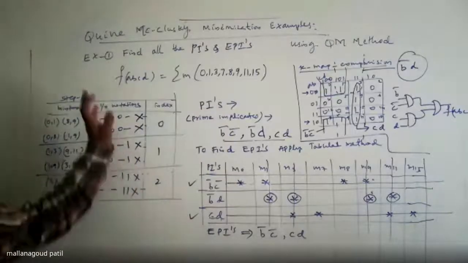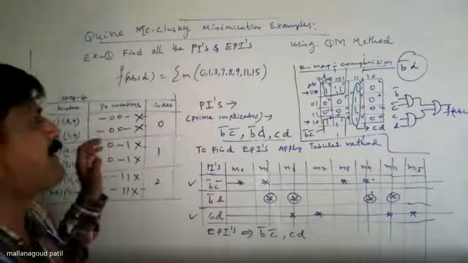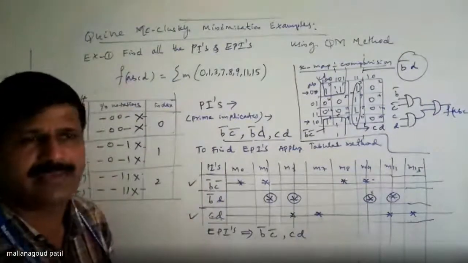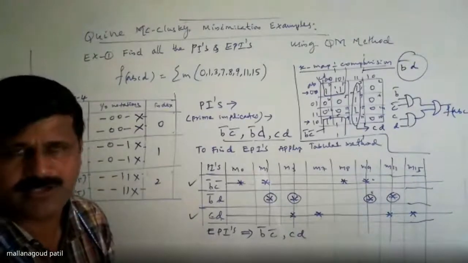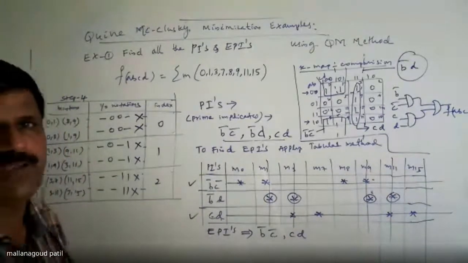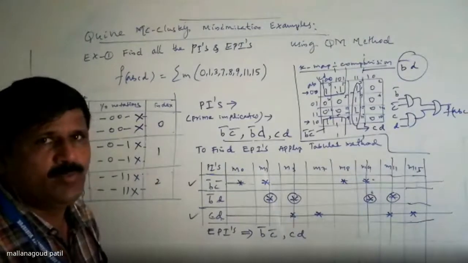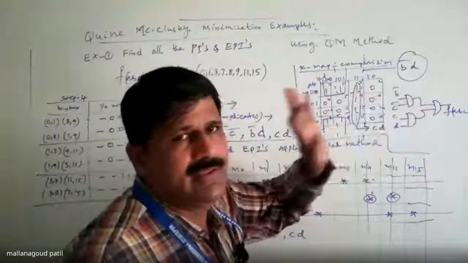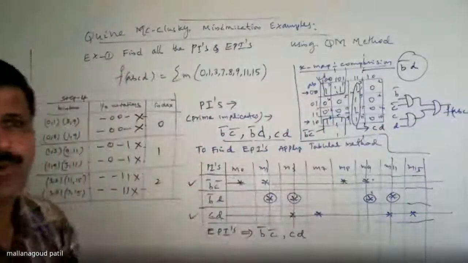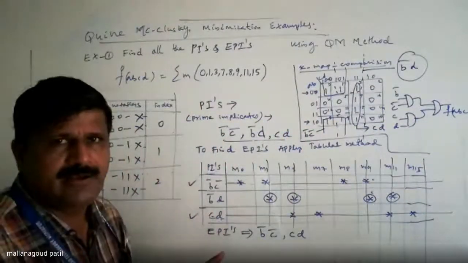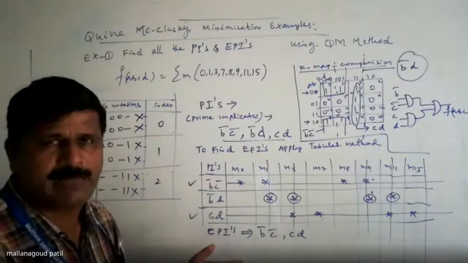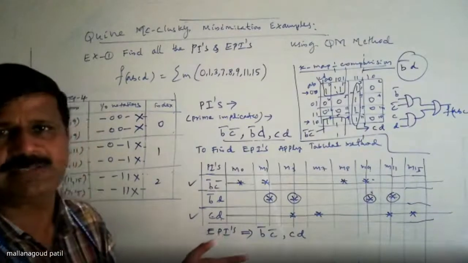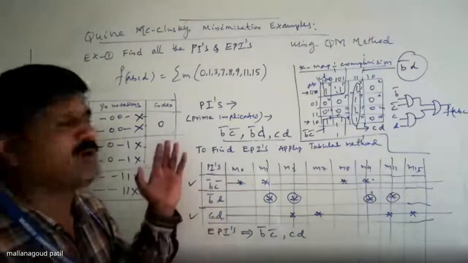Okay. I'm concluding this problem statement for the QM method. Next class we'll start with the next topic, that is module 2, combinational logic design. We don't want to design from the basic gates or the universal gates. We'll have a hardware set, maybe encoder, decoder, multiplexer, demultiplexer. Some readily available ICs have to be formed, then using that, you have to implement your idea.